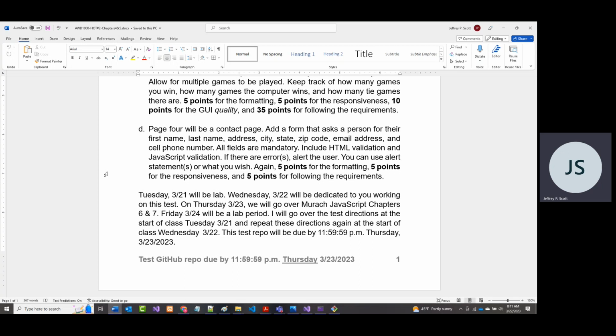Feel free to include HTML validation, such as for the email address. Rather than setting the type equal to text, set the type equal to email. There's not going to be a lot of other stuff you're going to be able to do with regular HTML validation, but there is some. You can look up that HTML5